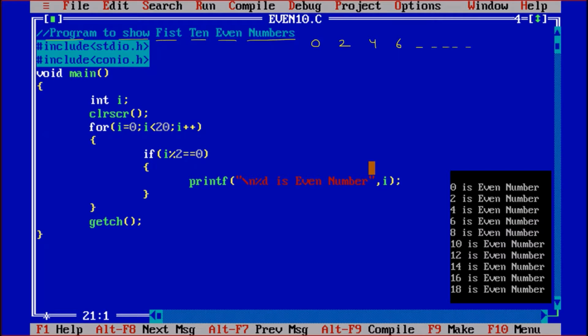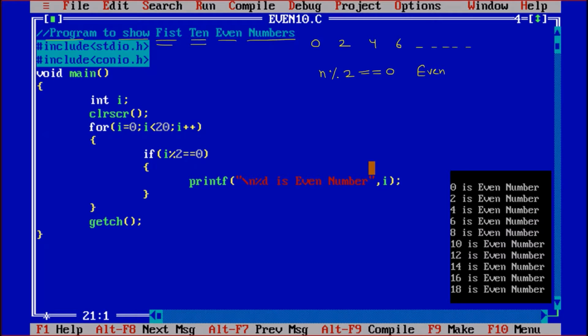In the earlier program, we have already learned that if any number is divisible by 2, that means if I take the number and take that number mod 2, then the remainder should be equal to 0. If that remainder is equal to 0, then that number is an even number. How can we take out the first 10? That means the same task we have to do 10 times.